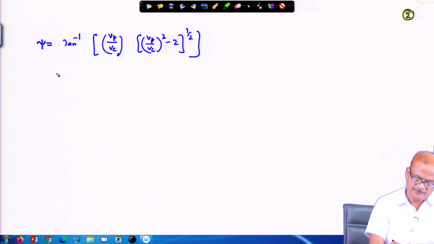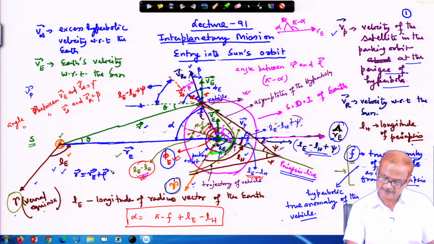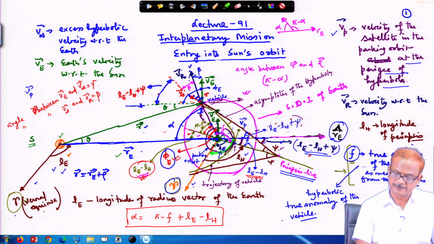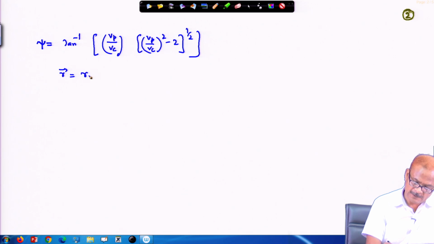Also, we can observe from the previous figure that this r vector will be nothing but r equal to r e plus rho, where rho is the vector to the vehicle, as shown here. This is your rho vector. So, r equal to r e plus rho,